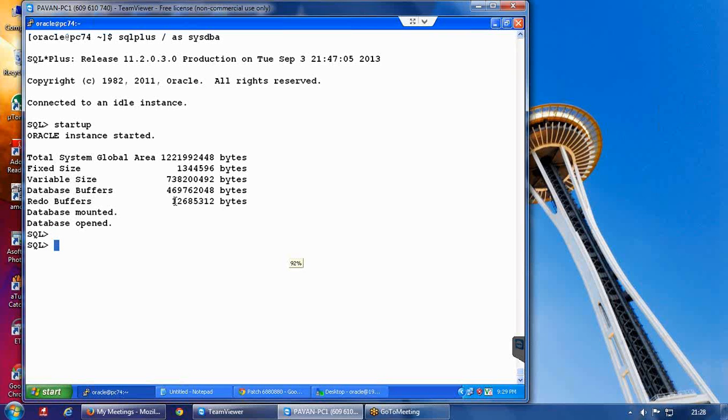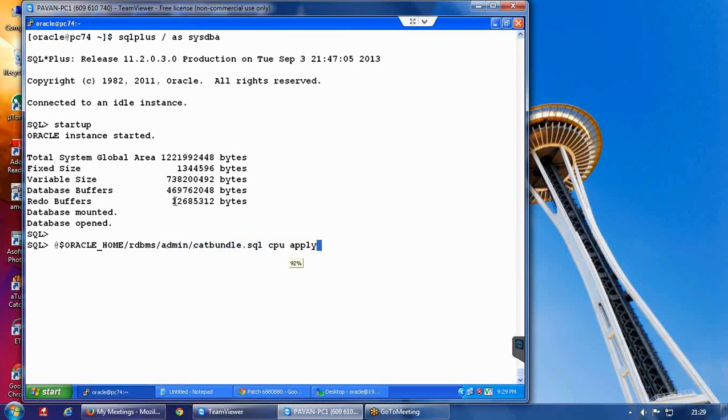Once the database is open, you need to execute a script which resides in the Oracle Home RDBMS admin location. The script name is catbundle.sql, and to this script you are going to pass 2 arguments. One is CPU and the second one is apply.